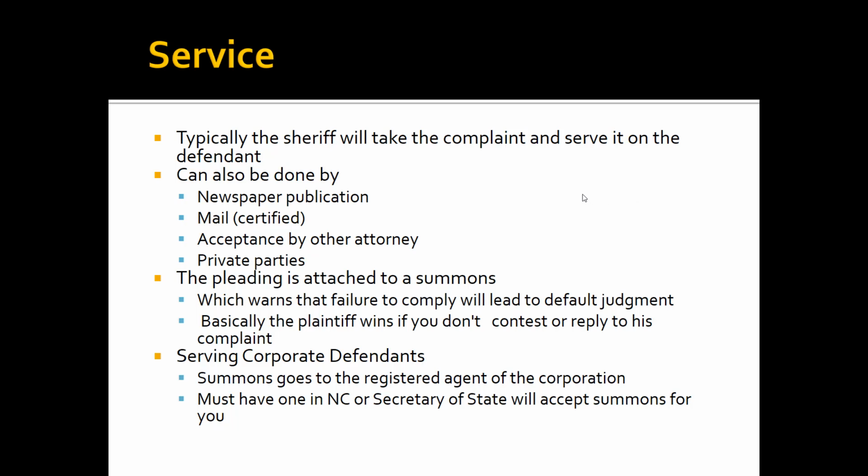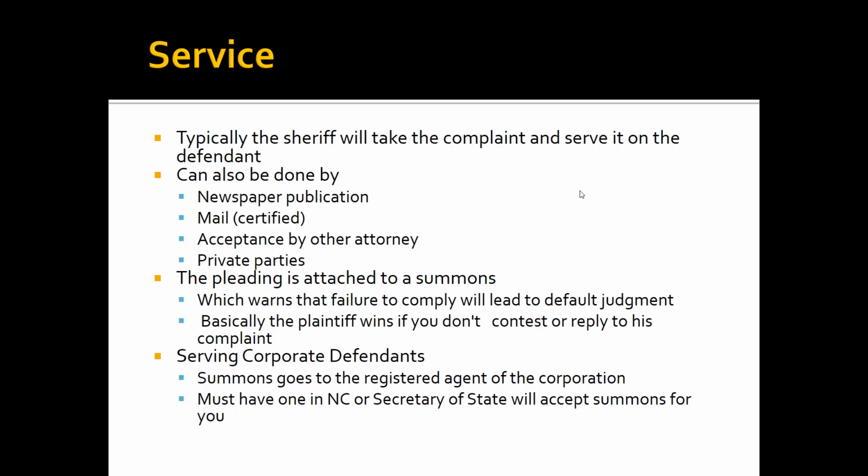If that doesn't exist, the primary thing I do is go and get the complaint stamped. A copy goes in the file. I keep a copy of the stamped file. Then I take one and staple a summons to it. And I walk over to, and some of this can be done electronically, obviously.